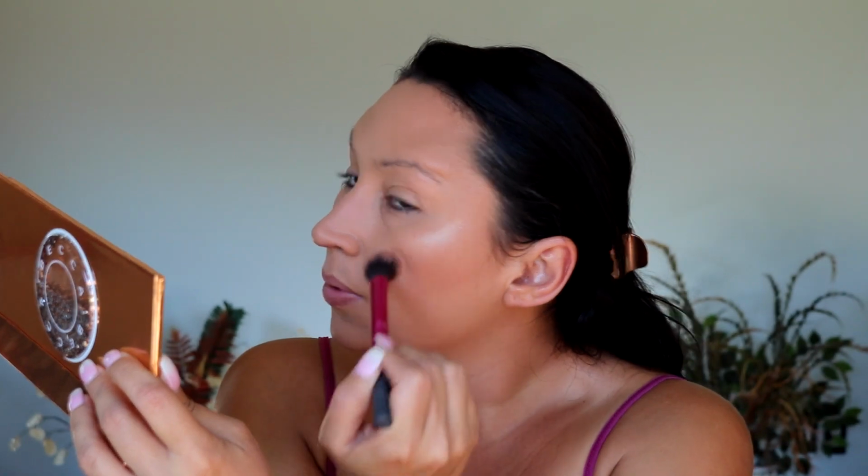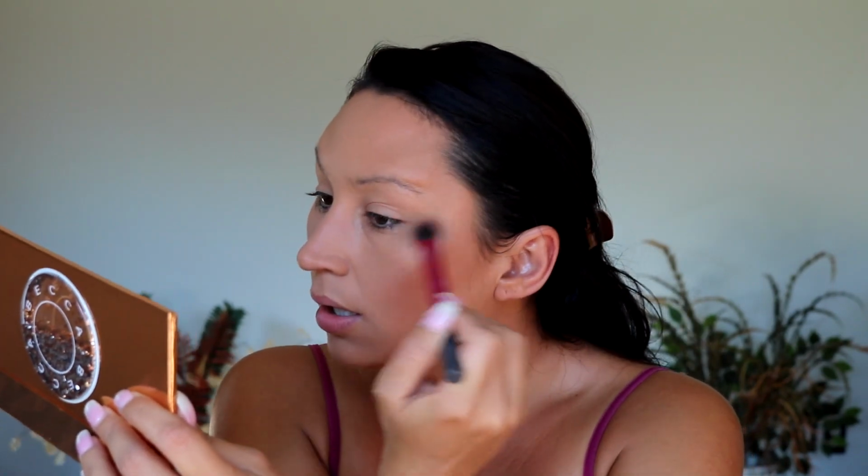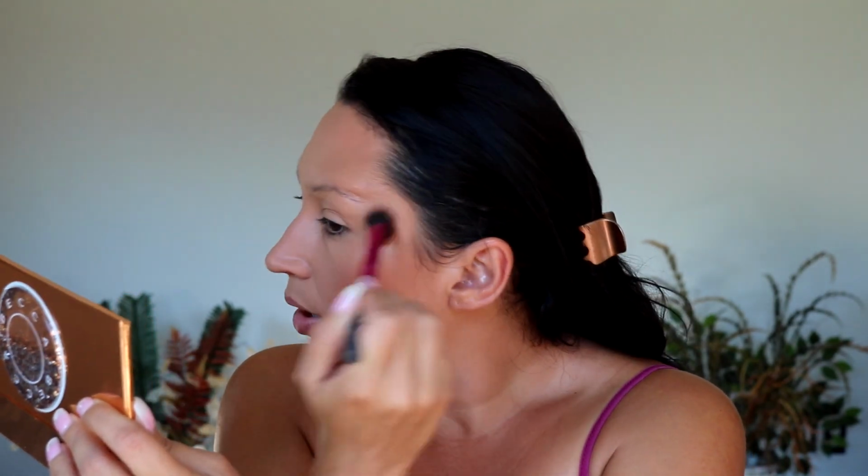Such a pretty highlight. It's been so long since I've used this. It is pretty in your face. Wow. I haven't been wearing powder highlights often. I've been going more liquid, kind of natural, but holy cow. I'm going to put just a smidge